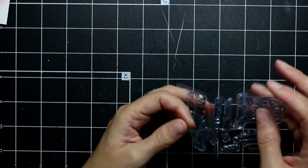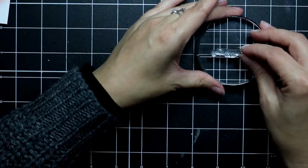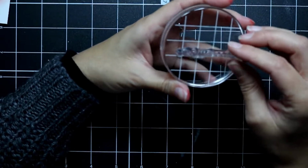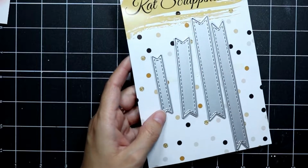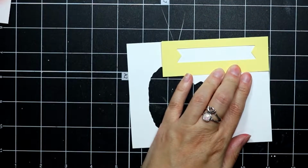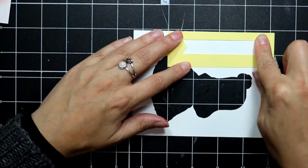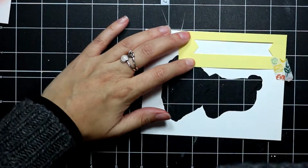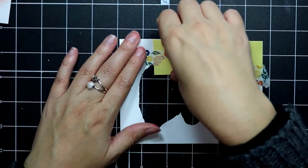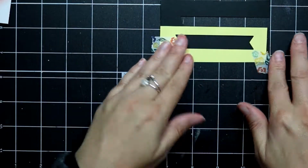The sentiment for this card reads, "Have a snuggly day." It's also from the same stamp set. And I'm going to use the stitched banner dies from Cat Scrappiness to cut out my sentiment, because I think they're called closed dies. I can't really see if I've got my sentiment aligned correctly against the die, so I just made a little template that I've cut out of some relatively thin cardstock